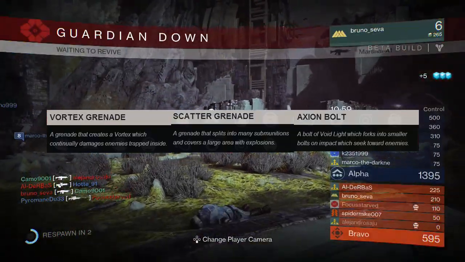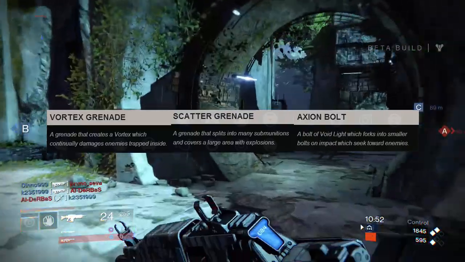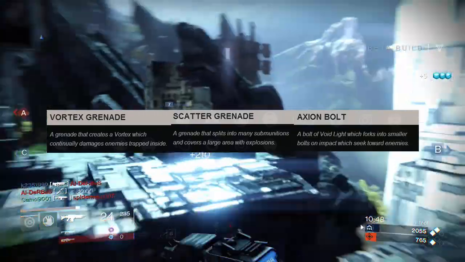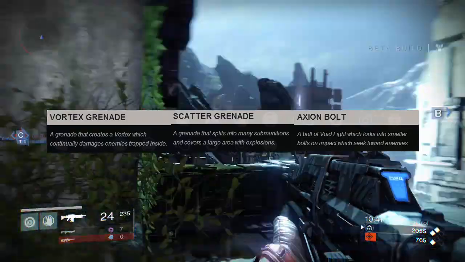The Vortex Grenade proved very effective considering it is the starting grenade, and enemies who got themselves caught in the vortex would generally die. I didn't find the Scatter Grenade to be useful at all, as it wasn't that powerful and would only really damage enemies, never actually kill them. The Axion Bolt sounds pretty cool, yet similar to the Scatter Grenade, so hopefully it will be different and more